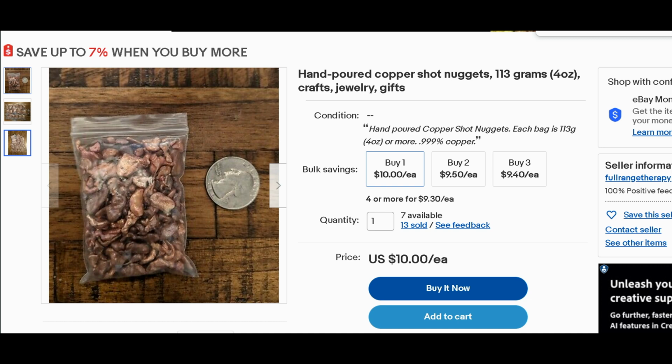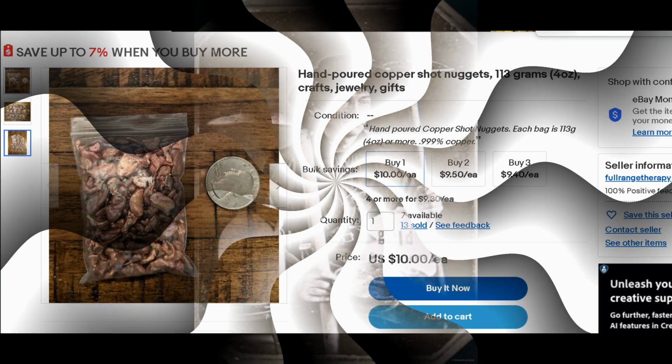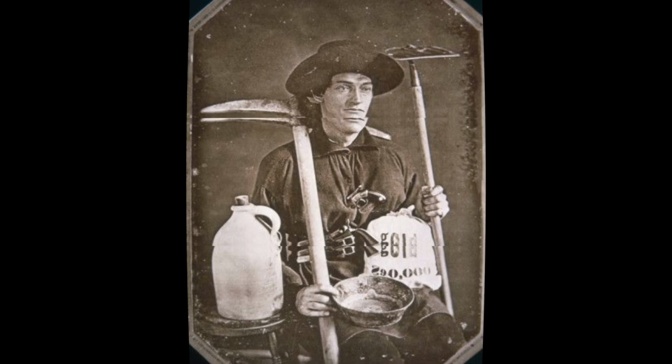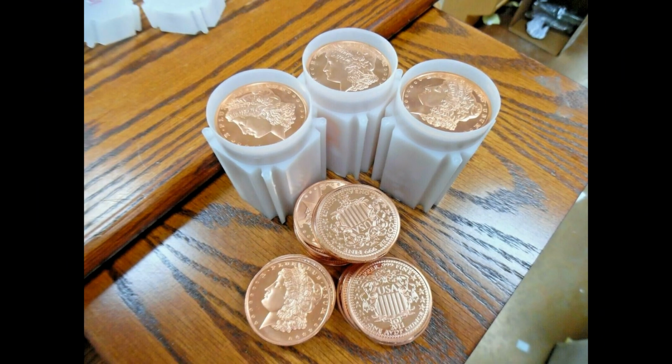I think this is a good portable compromise to a giant paperweight type of bar when it comes to portability, or certainly a bunch of pipes strapped to your back. And it would lend itself to an old-timey prospector feel if you had some stored away in a dusty leather pouch. The main concern of my proposal here, as in my last video on copper valuation last week, though, is